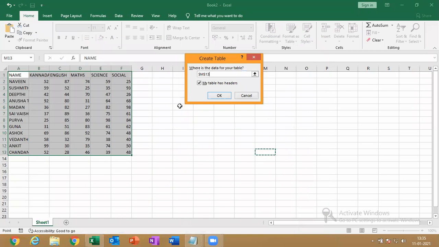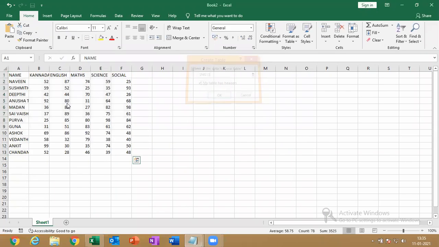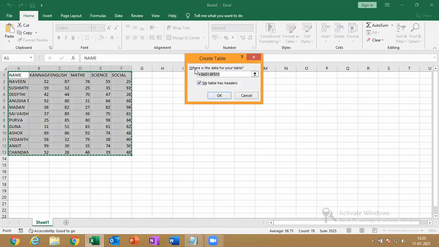Present. Okay. So see here, this is the data. Just select the data, press Control T. So you will get this dialog box. Once you get this dialog box, see the range has been selected from A1 to F13. It is fixed only to this much. Only for that fixed range, we are going to create a table. Control T, create table. Once I give OK, the table will get created.